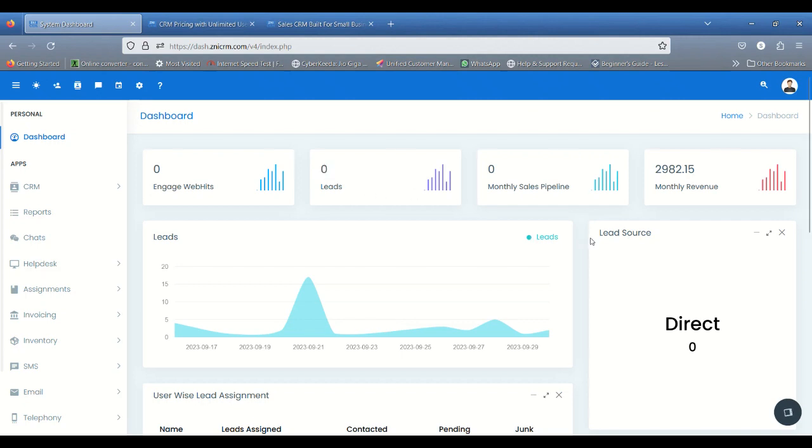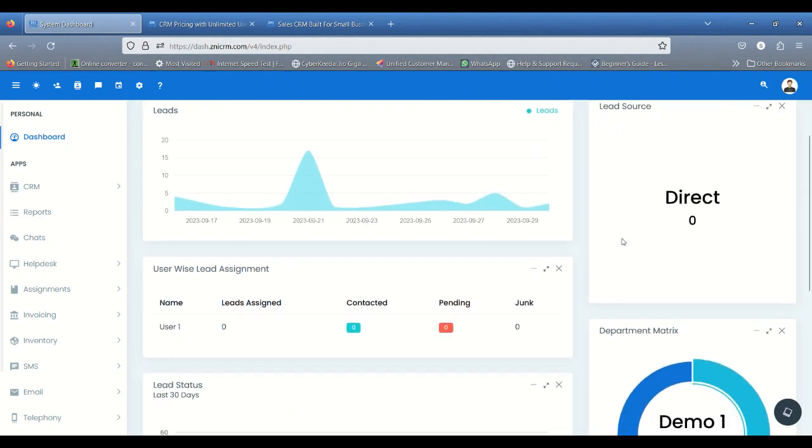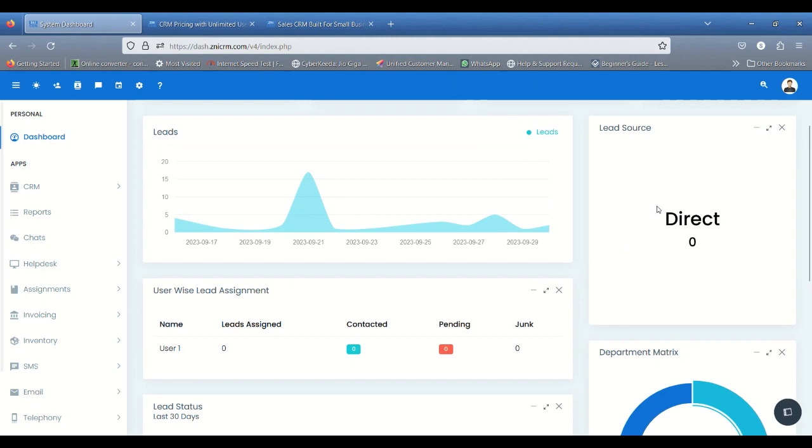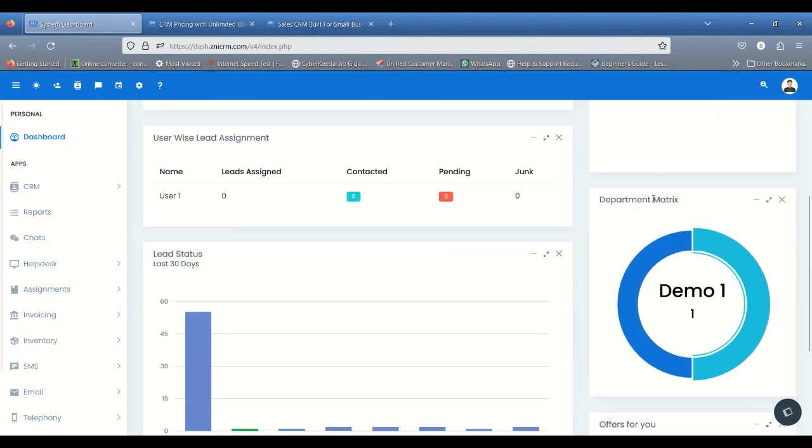If you have leads from different departments or sources, you will be able to see them in the pie chart. Let's say you have received 2 leads from IndiaMart, 2 from Facebook, and 3 from Just Dial; you will see the same in the pie chart. Aside from this lead source pie chart, we also have a department matrix pie chart. Here, if you have aligned IndiaMart to the sales department and Facebook leads to a different department, you will see